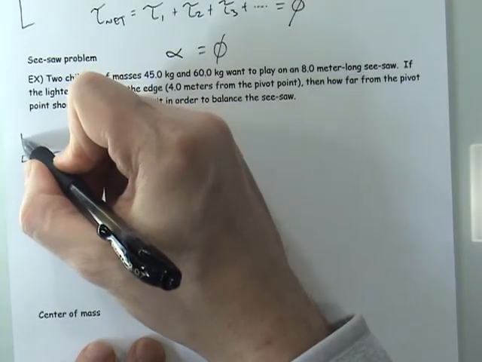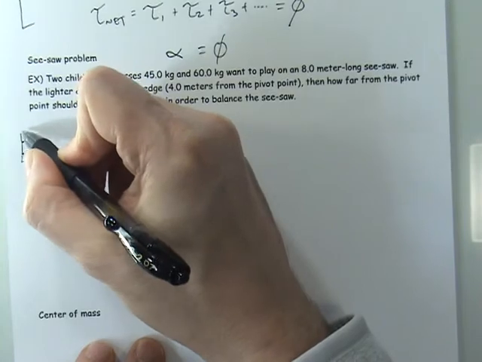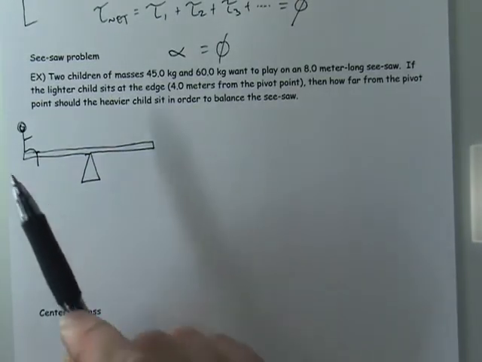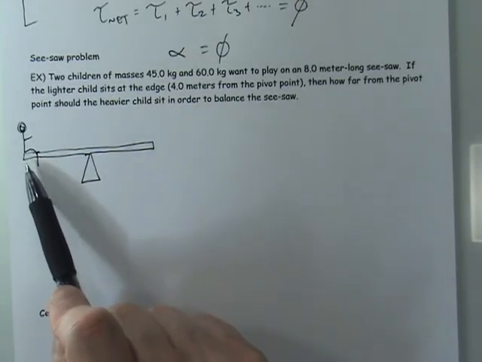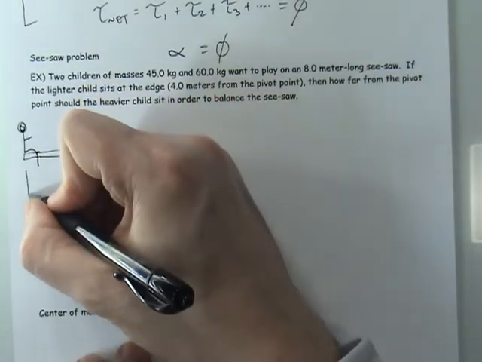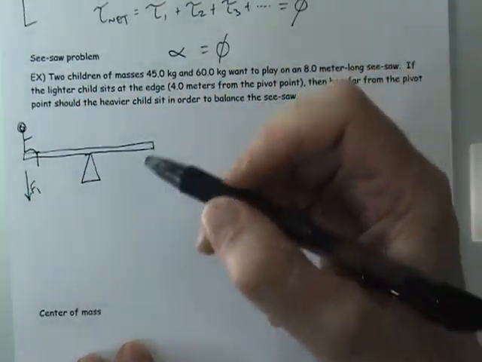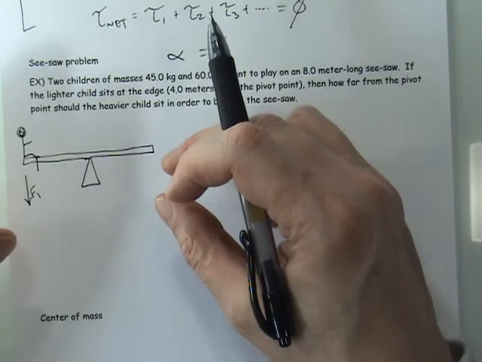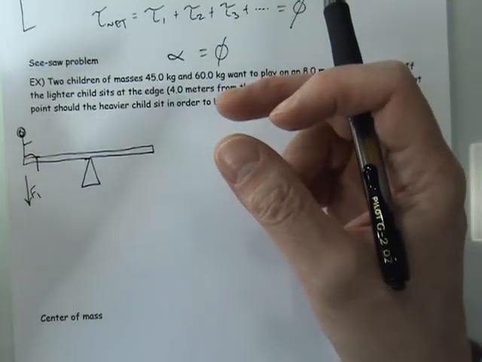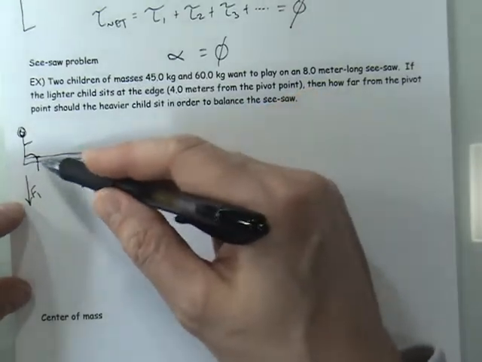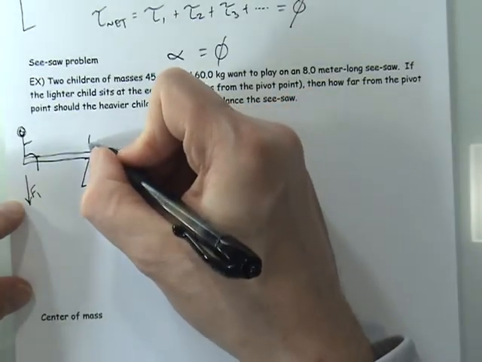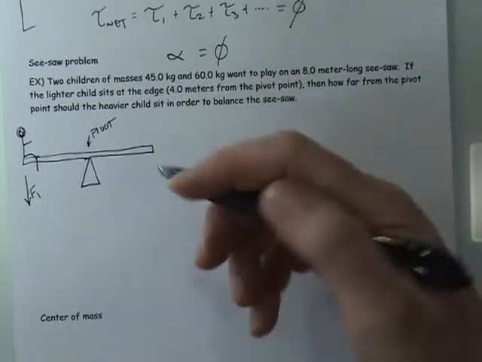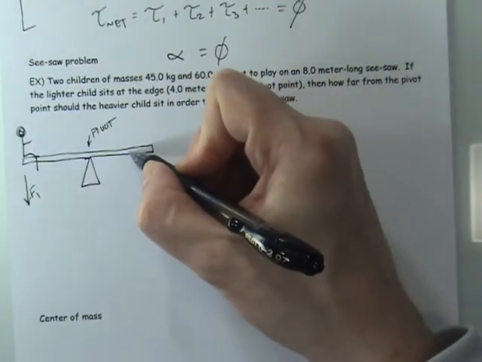On one side, we're going to sit a person. Just so it's clear, we're always going to put the smallest person at the furthest possible point. And then the question is, since this person is exerting a force in the downward direction, which we're going to call F1, the heavier person, if they sit on the end over here, with identical forces, the person who exerts the most torque is the person who has either the greatest force or greatest lever arm. So if they are both sitting the same distance from the pivot point, this is the pivot point, then the heavier person is going to exert more torque, of course, because F times R will always be more for the heavier person. So what needs to happen is we need to come in a little bit,